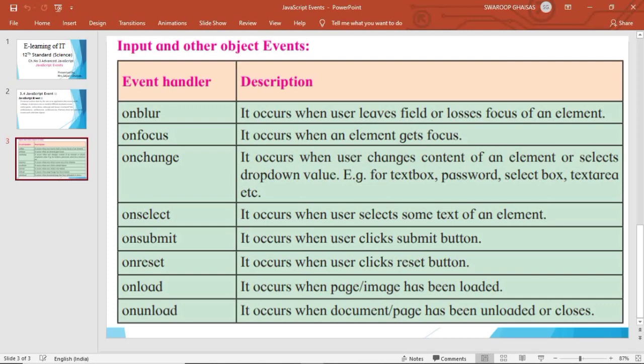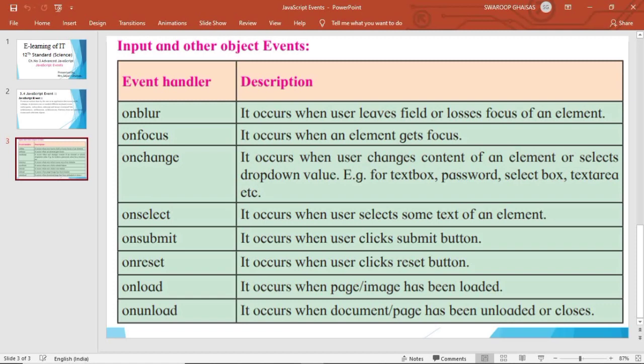The first event is onblur. Onblur occurs when the user leaves the field or loses the focus of an element. Whenever a user interacts with your form, it contains different elements like text boxes, radio buttons, check boxes.